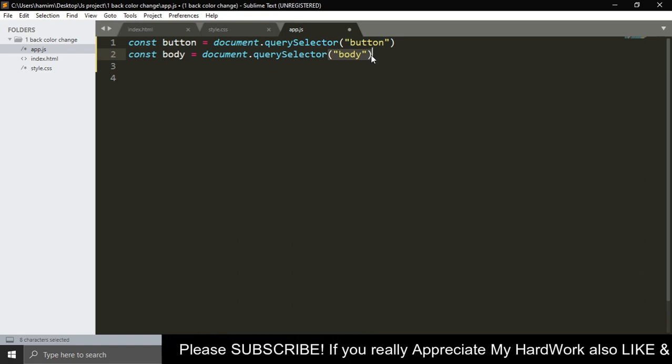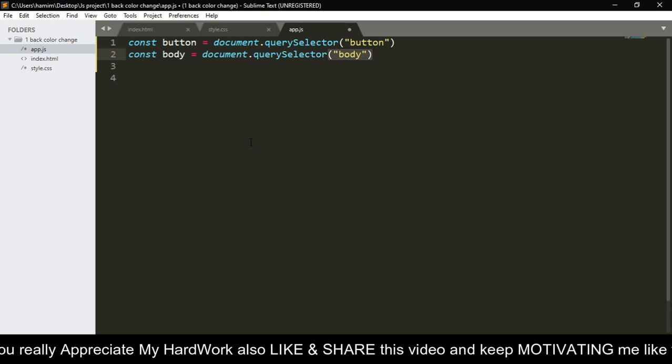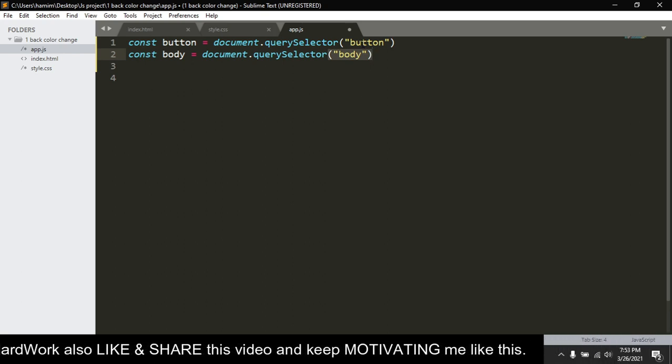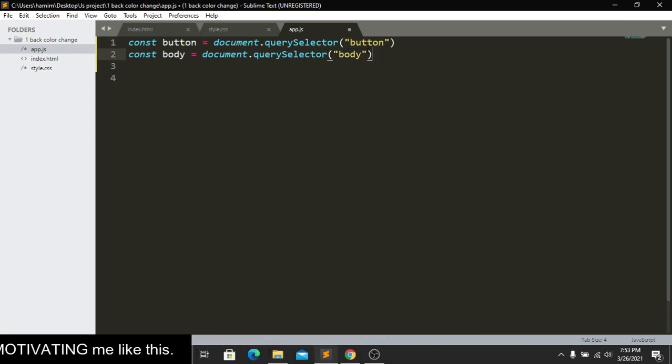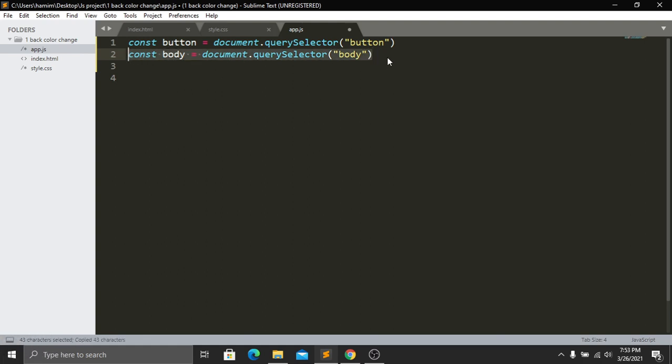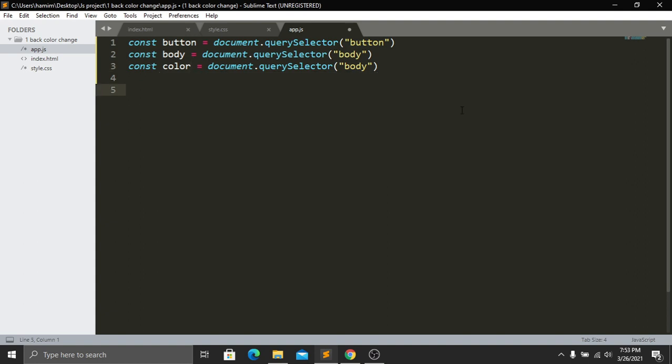And which color? Because this program actually doesn't have any color here. So we have to give some color to change every time we click on this button. So for doing this, we have to create another variable so that we can store some colors. So for doing this, I will simply copy this one again and then paste it here. And then now I will change the variable name, and it will be color. That's it. And here, instead of this document.query, we have to store some value. We have to store some colors name.